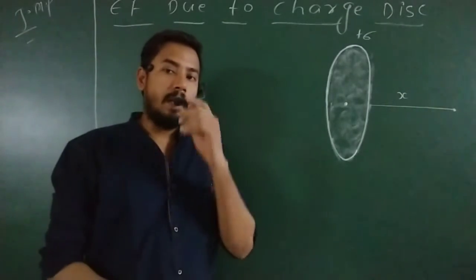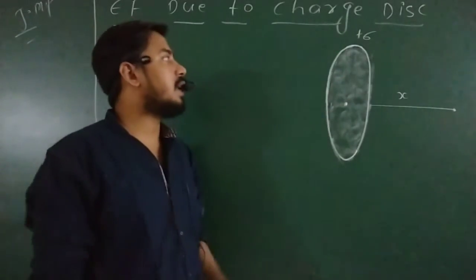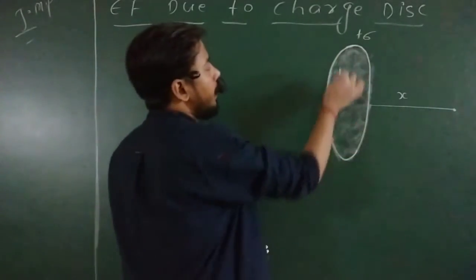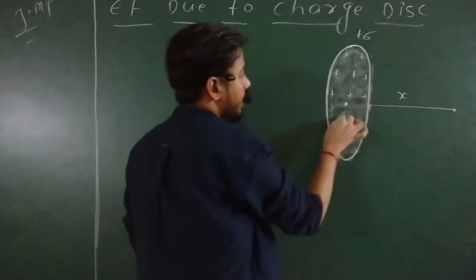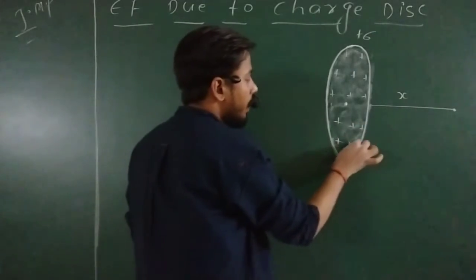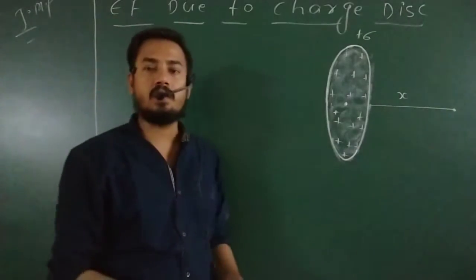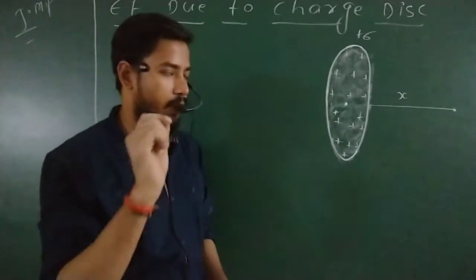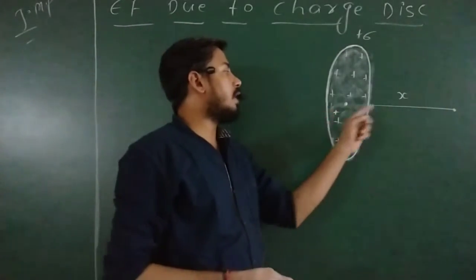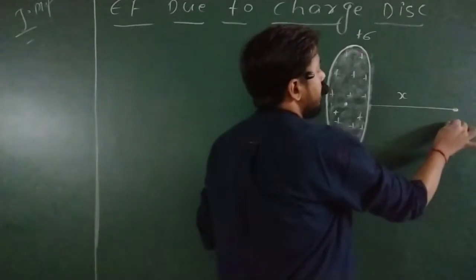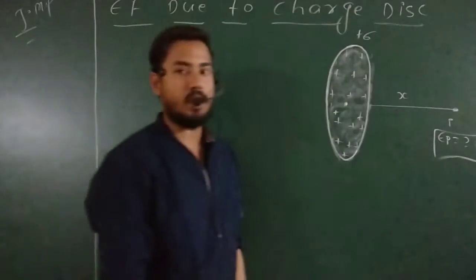Yes, you can see, my dear students, we have one disk, and this disk is completely charged. It means all around its surface, here as well as everywhere, charge is present. That may be plus charge or maybe minus charge. I assume right now it is plus charge. You can take minus charge, only the sign convention will be affected. So they have asked a question: what will be the electric field at this point, suppose P? They are asking this of us.